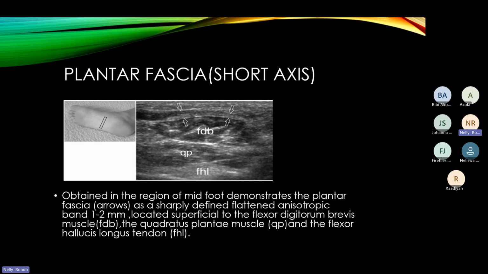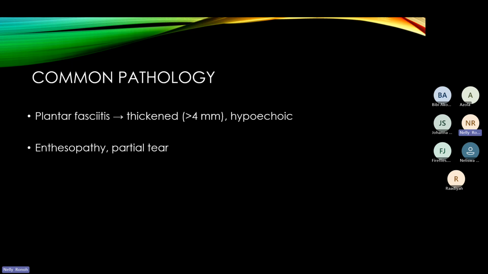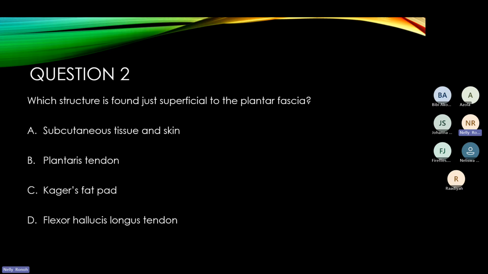So just below the plantar fascia is where you see the muscles, and it would have a different appearance. But above it, which is more superficial, is where we have the subcutaneous tissue and the skin. So going back to our question there, I hope you have understood. The structure that is found just superficial to the plantar fascia, that is above it, is the subcutaneous tissue and